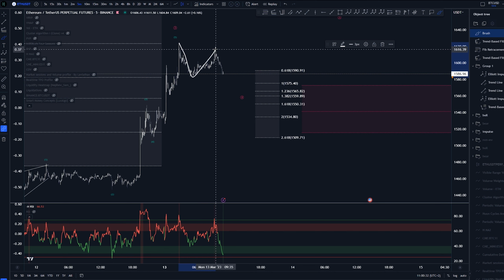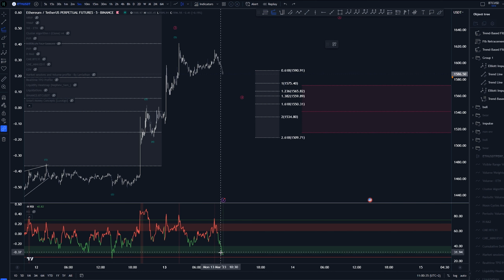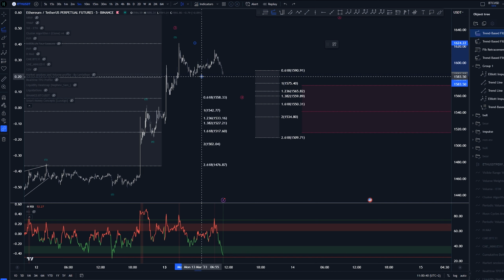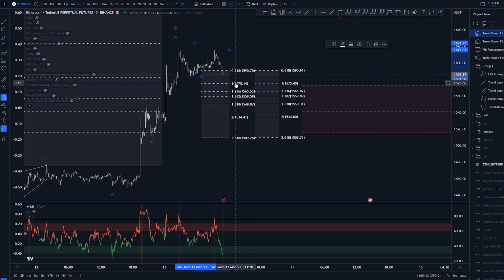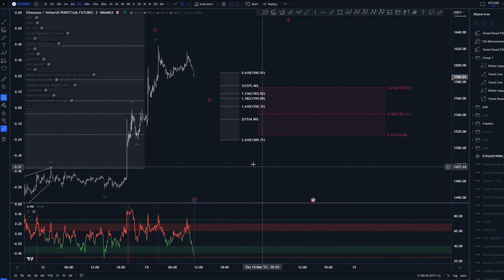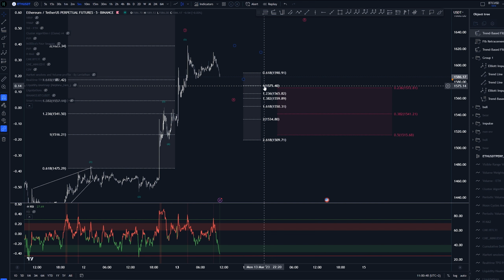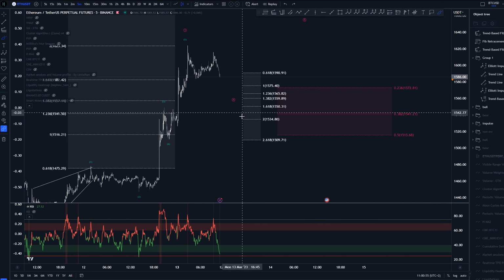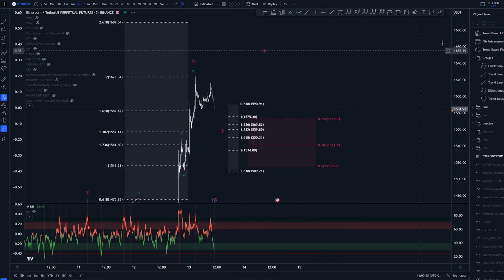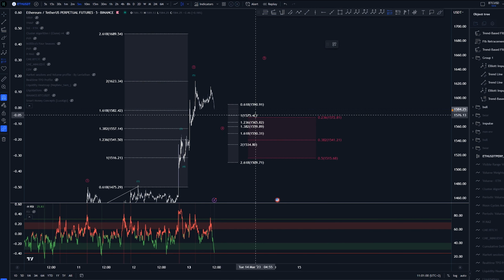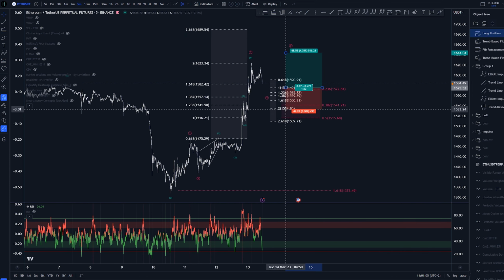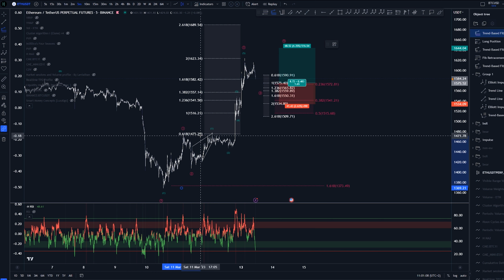Now at this point we have already created this 3-way structure. We have created new lows on RSI. Not quite a fan of that as of yet. I think I want to be seeing that 1-to-1 at least hit, but until that happens I'm not going to be taking long setups. Maybe here I would be looking for a long setup here and some kind of another position somewhere around here against these lows. But again, thinking of the risk to reward ratio here, you want to be seeing something clear and potentially something like this.